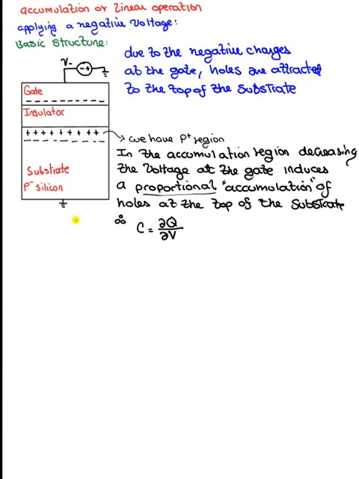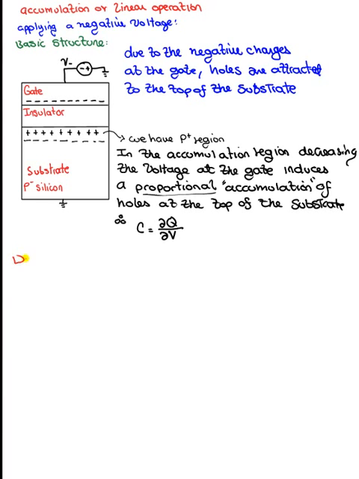This tells us that the MOS capacitor operating in the accumulation region behaves as a linear capacitor. Okay, so that was a little bit long, but